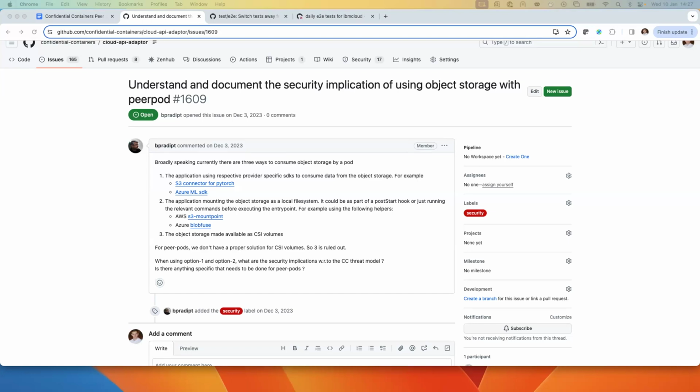We could look into how CSI is used in this context and maybe learn a bit from those implementations. But I think it's very hard to give a generic answer that says this will give you a guaranteed confidential solution.